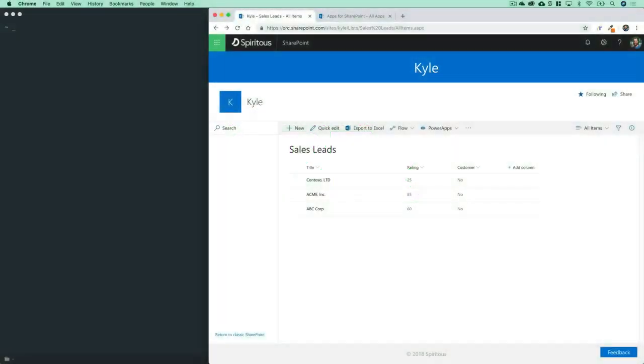Okay, so let's create yet another extension to try out the next extension template that you get with your SharePoint framework. In this case, we have a list on our site that we've created called Sales Leads. You can feel free to download the CSV of this data if you want to use the exact same data. But all you really need is to create your own list that has at least one number type column in it and create a couple of items in that list so that you can test this out